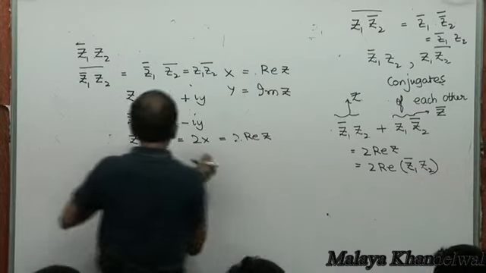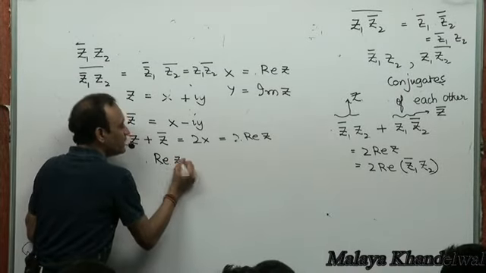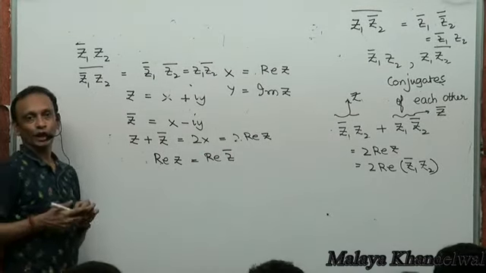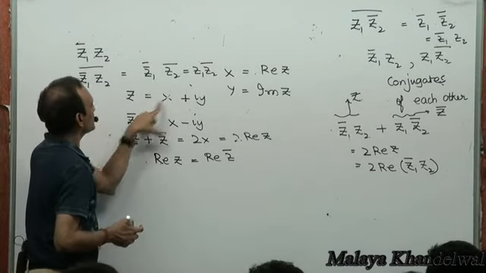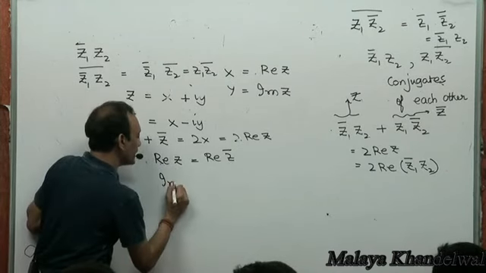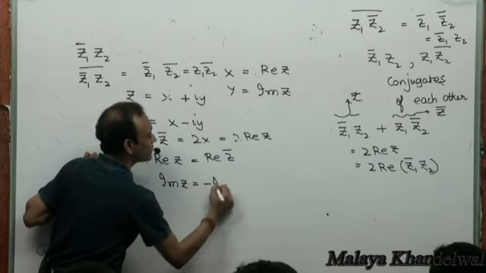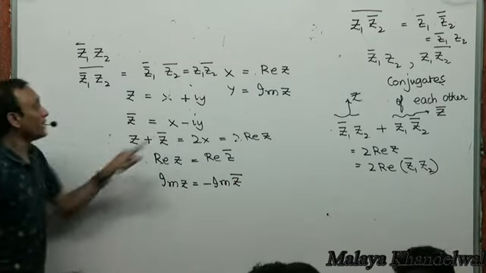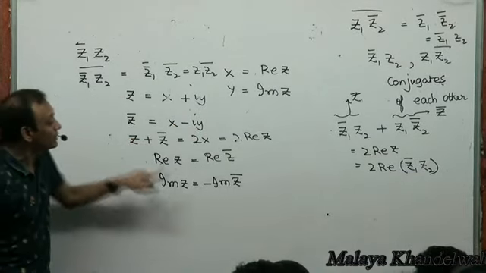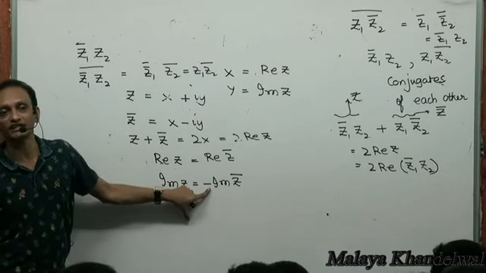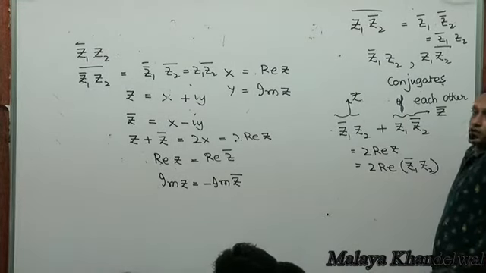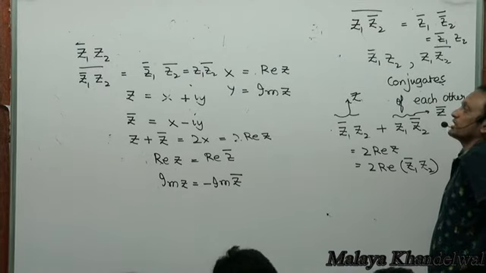And one thing: real part of z, would you want to believe it is the same as real part of z bar? Would you want to believe this? Because if z is this, z bar and z both have the same real part, yes or no? And would you not want to believe imaginary part of z is minus imaginary part of z bar? Imaginary part of this is y, imaginary part of this is minus y. So imaginary part of z and z bar differ in sign. Take cognizance of all of this, please, and make sure you have assimilated these properties.